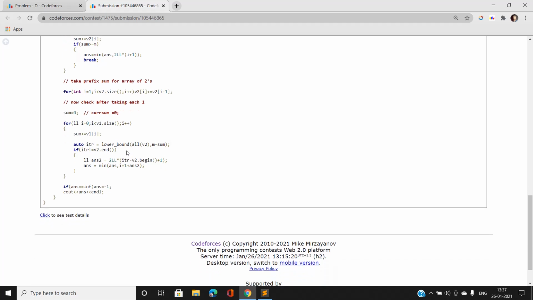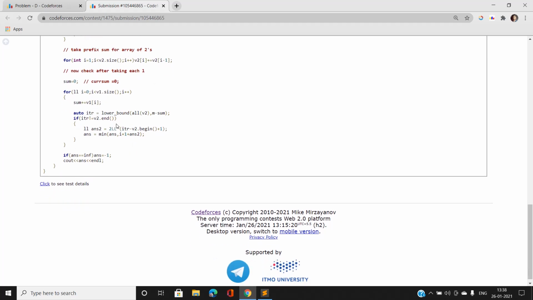Now what I am going to do is take the lower bound, that is, what is the minimum number of convenience points that we can get from the array 2 for the remaining sum that we want to achieve. So I am going to take the lower bound with m minus sum, because we have already reached the sum, and we have to reach m minus sum more to get at least m units of memory. If this exists, that is, if the iterator is not at the end,